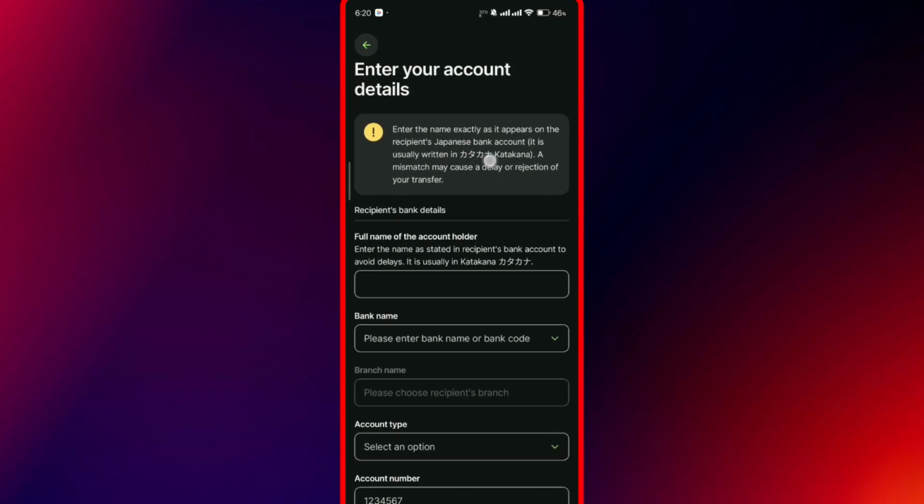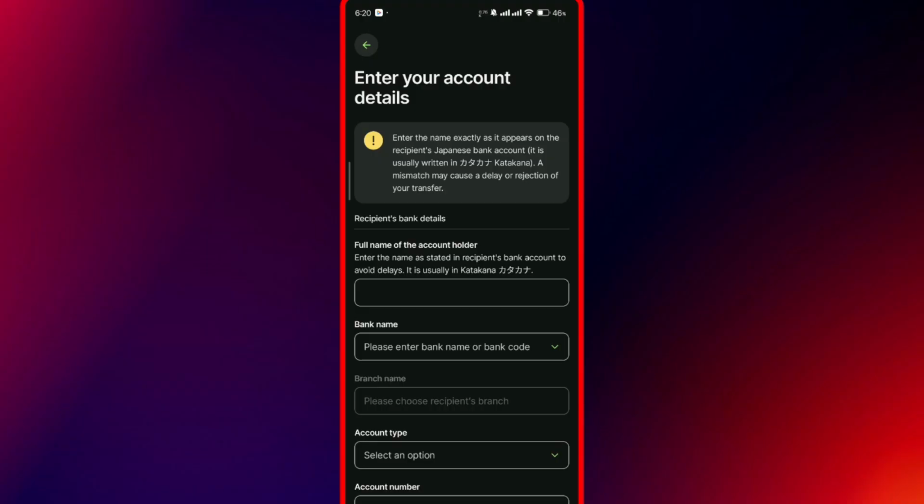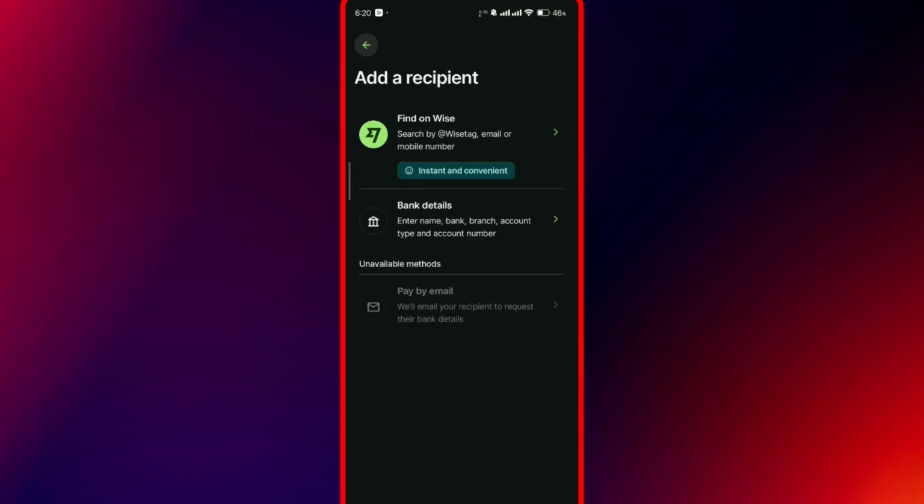In short, Wise is very useful in Japan for cheap international transfers, holding multiple currencies, and spending abroad with a